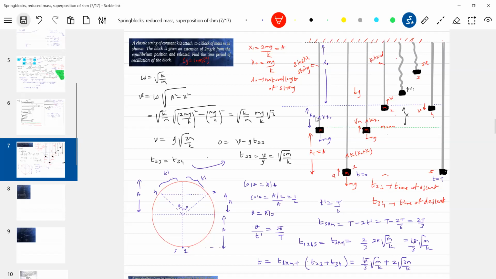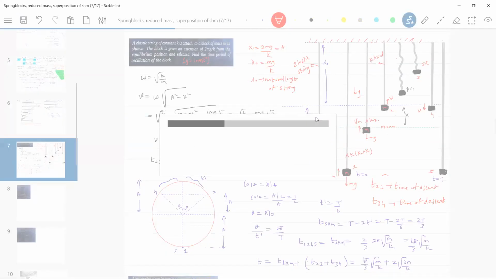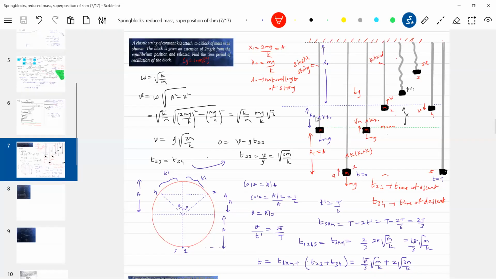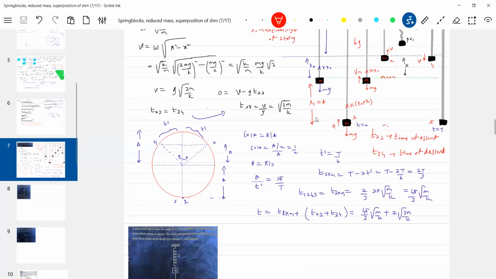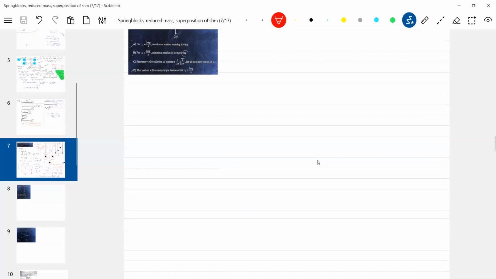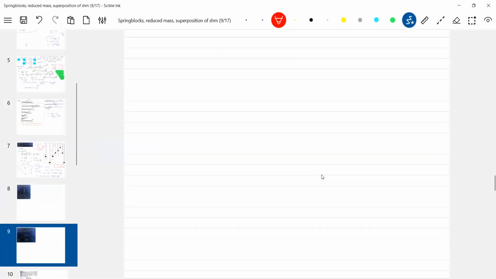I think when a string comes in, we have to be careful. We can't just take things for granted. Okay, I think I'll go for some superposition. Other problems are given. If you want, you can try. Let me discuss